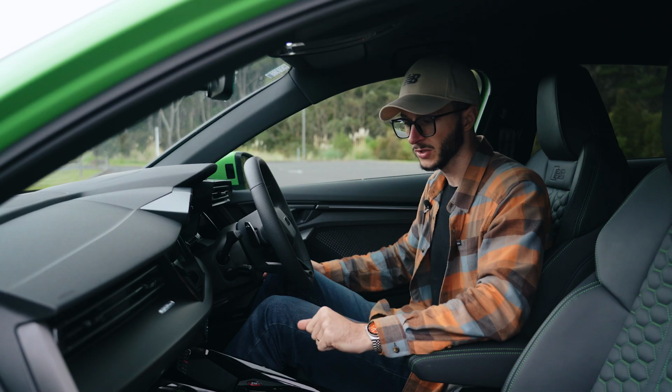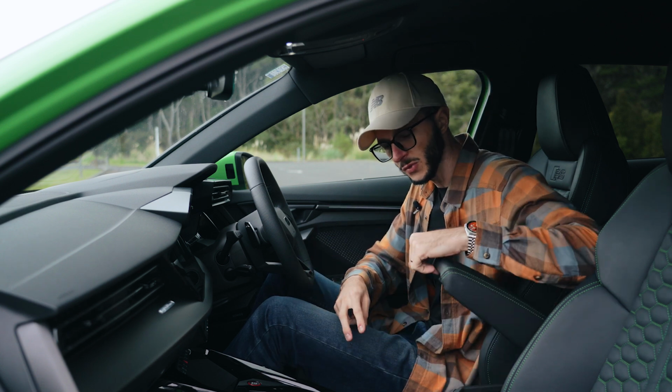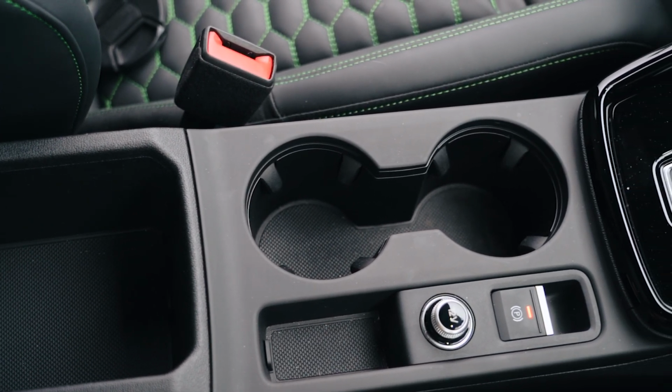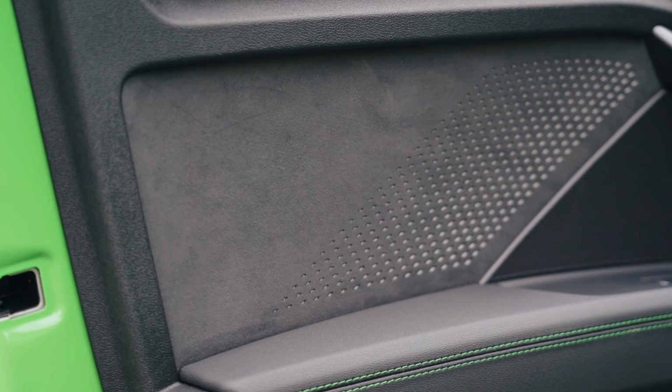console as well. In terms of storage, yes, you do get the door bins in this cubby in here, but you also get a double cup holder and this ratcheting armrest that doubles as a little bit of storage as well. The materials are then elevated a little bit with this choice that we have here inside of the door